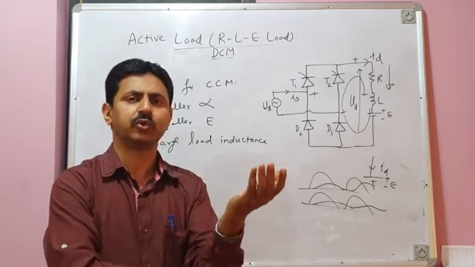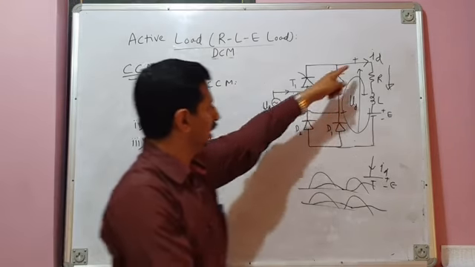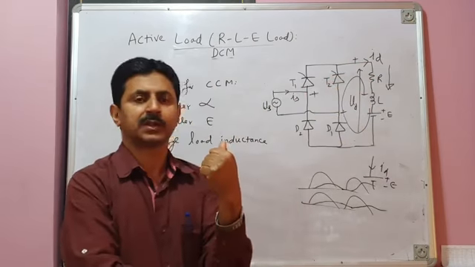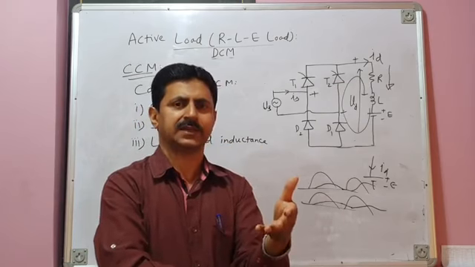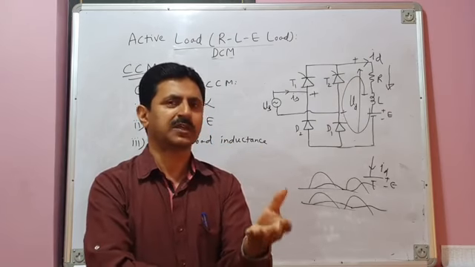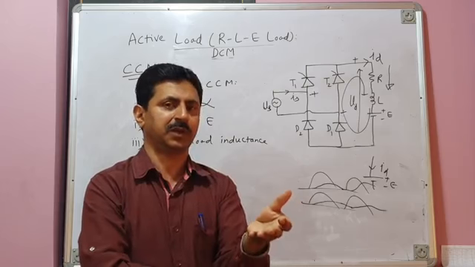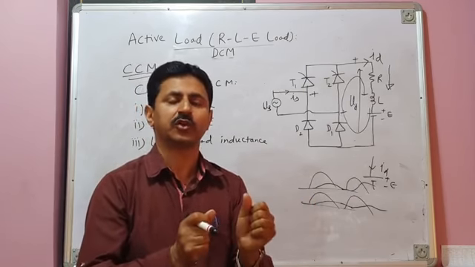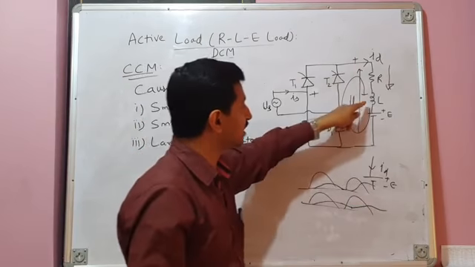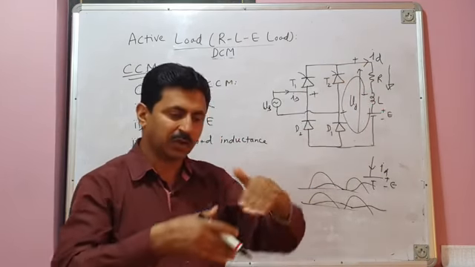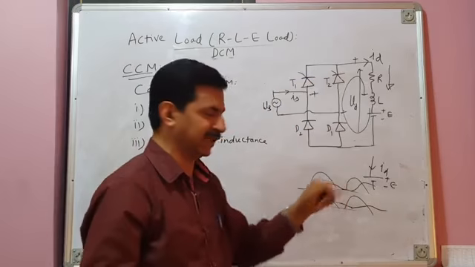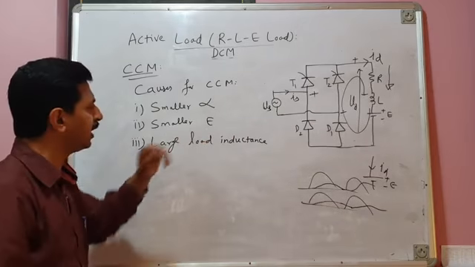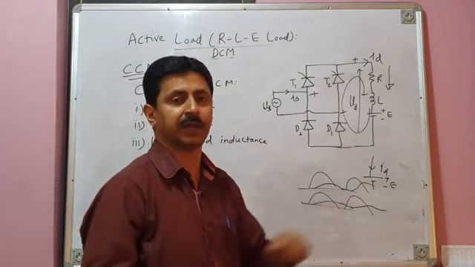In some cases, if you want to make current continuous, for example, if your load is a DC motor, which is also modeled as an RLE load, sometimes if the motor has small inductance and current is discontinuous, we always prefer continuous conduction mode of operation of a DC motor for various reasons. So sometimes to make the motor current continuous, we add external inductance in the circuit to make overall inductance high and make current continuous in case the load is a DC motor. Okay, so large load inductance is also responsible for making current continuous.